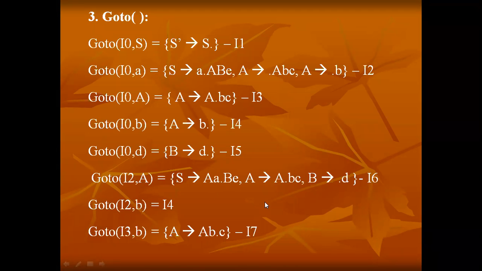And after processing, I will check whether after dot it is a non-terminal or a terminal. Here in this rule, I have the non-terminal, so from the I naught I need to write the production rule for this B. So I'm just writing this B. And when I'm checking here, I don't have any non-terminal, it is just a terminal.